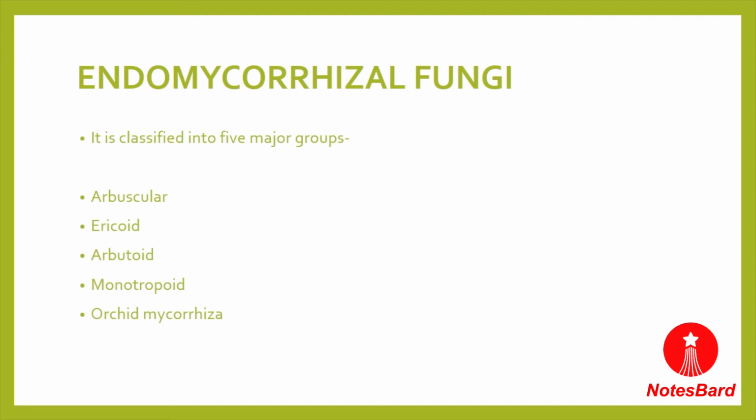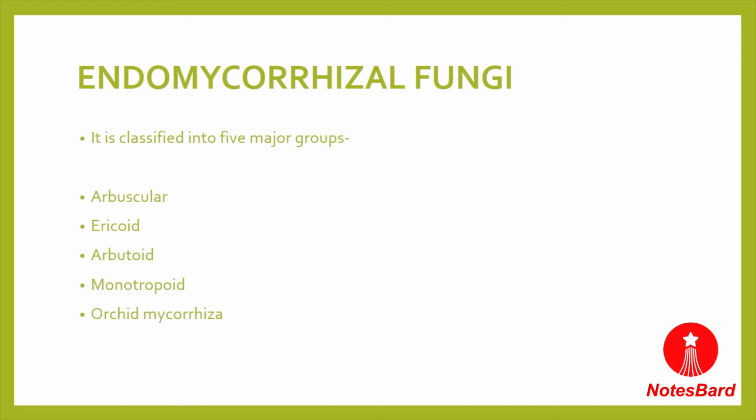Now, the endomycorrhizal fungi, or the endomycorrhiza, is further divided or classified into 5 major groups, which are named as arbuscular mycorrhiza, ericoid, arbutoid, monotropoid, and the last one is named as orchid mycorrhiza. So in that condition, the first type is arbuscular mycorrhiza, which is commonly known as AM, and these are the